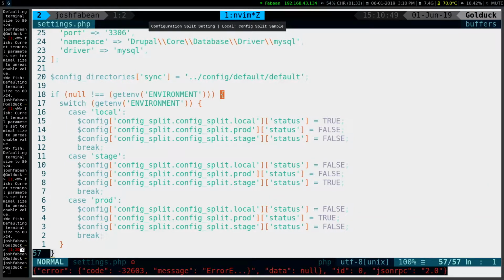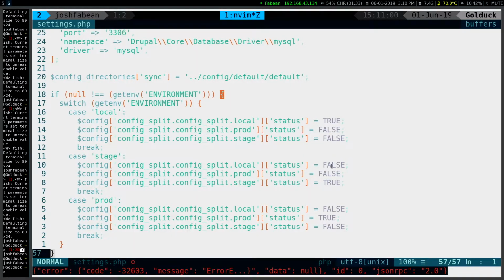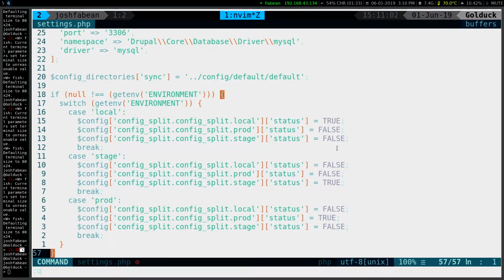And that's why when you go to here, you'll see this one is active, and these ones are inactive because they're overridden by the settings.php. So they will not import. And then just like normal config,